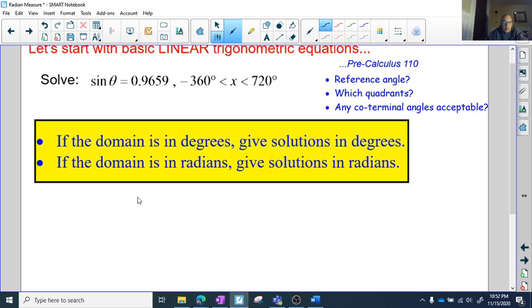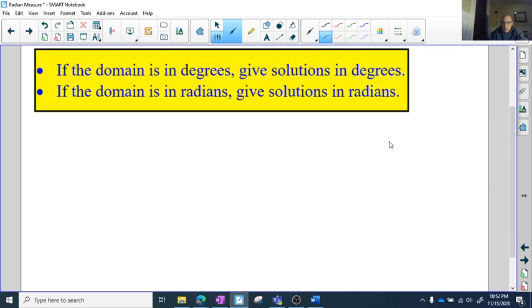So if I take this equation up here, we have a rule that says if the domain, that's this part here, is given in degrees, then our solutions should be in degrees. If this is provided in radians, well then we would expect our answer to be in radians. I'll just quickly sketch over here this diagram, which we should all be familiar with. And this diagram is for how to get the measure of a rotation angle in degrees